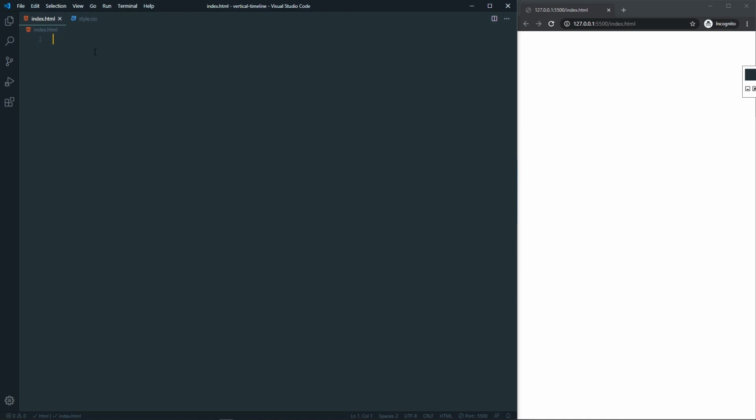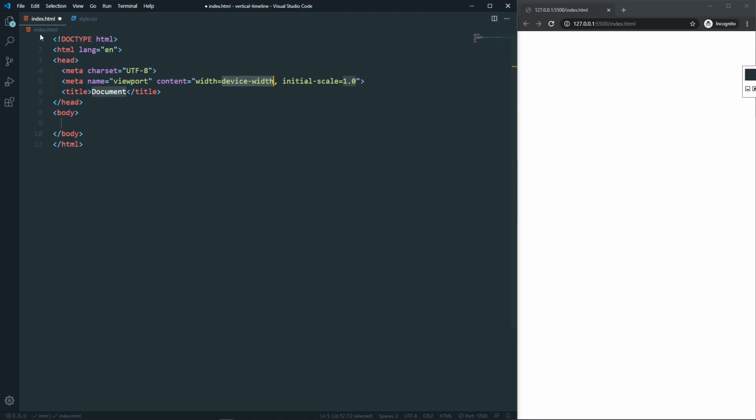So here, this is my HTML and this is my CSS file, and both are empty. So in the HTML file, let's create a boilerplate and give it a title of vertical timeline. And also here let's link our style sheet. This will be style.css. So we linked our style sheet, and here in the body let's create a div with a class of container,